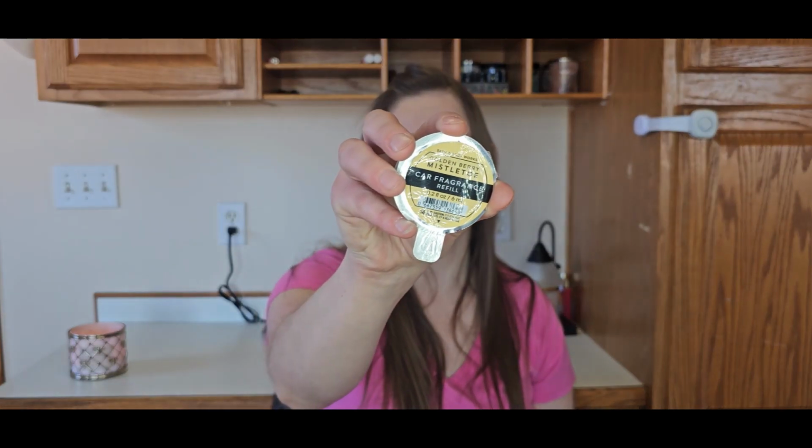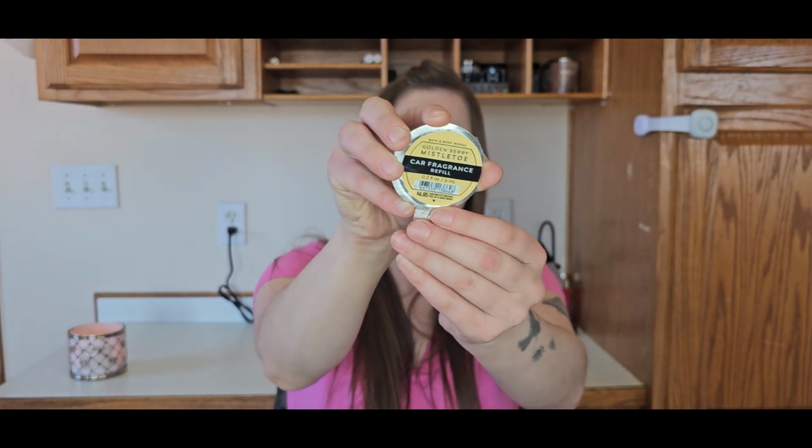The first thing I'll talk about, if I can pick it up, is this car fragrance refill. This is Goldenberry Mistletoe. And, I mean, it's not even liquid anymore. It still smells faintly like Goldenberry Mistletoe. I really like Goldenberry Mistletoe, but I enjoyed this in my car. If I see this scent again at maybe SAS or next year at Christmas time,